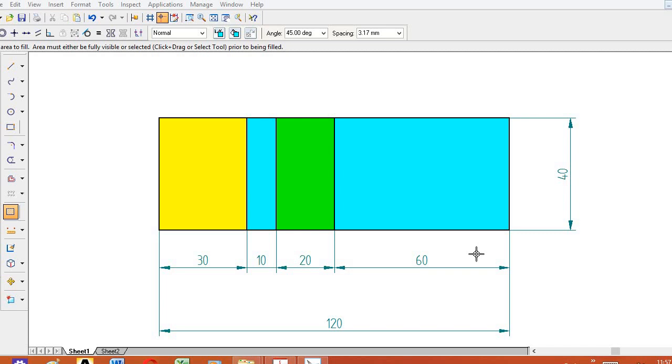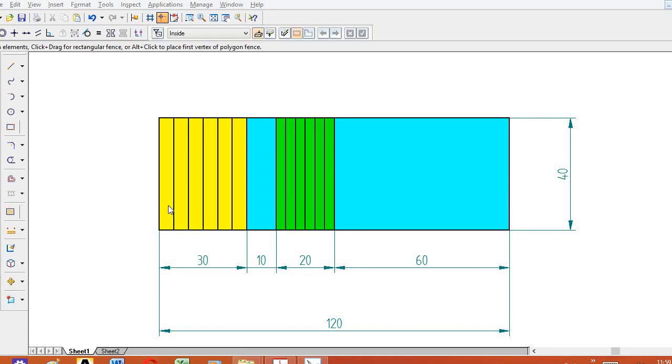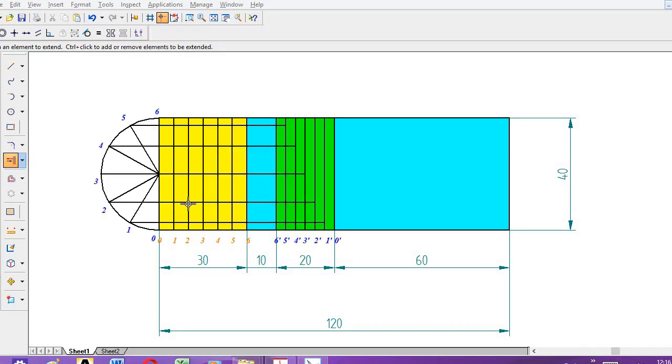We will take 360 degrees, and the lift we will take on the vertical axis. Next we will divide the angle of ascent into 6 equal divisions, and the angle of descent, that is the green color portion, also into 6 equal divisions. Whatever divisions we have made, you name them for the angle of ascent as 0, 1, 2, 3, 4, 5, 6, and similarly for the angle of descent you mark the points as 6 dash, 5 dash, 4 dash, 3 dash, 2 dash, 1 dash and 0 dash. So you name it in the reverse order.